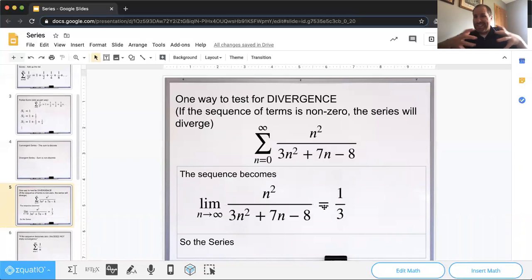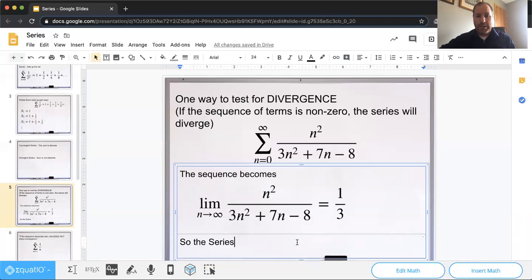And that's always going to continue to get larger and larger and larger, right? So the series itself is going to go to infinity. Like this is just going to keep getting bigger and bigger by just adding 1/3 at a time, right? Essentially, that's what's going to be happening. So we would say here the series